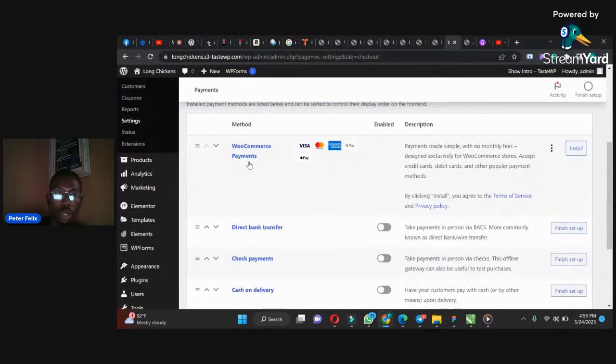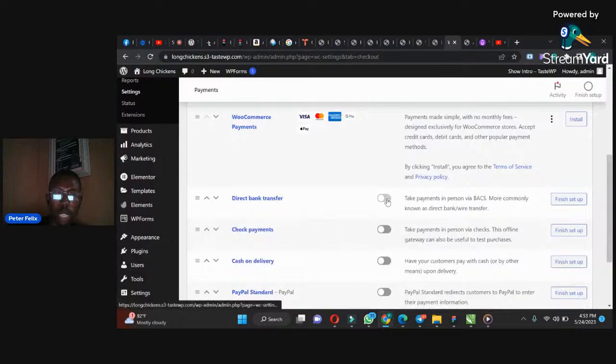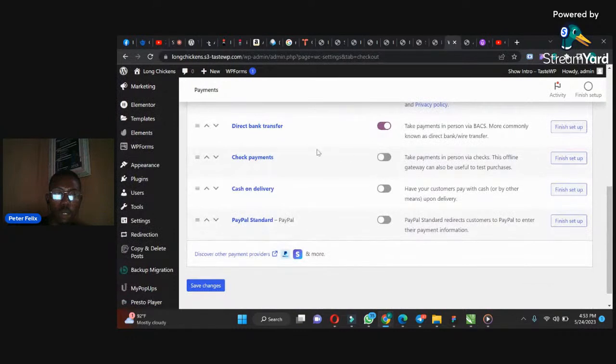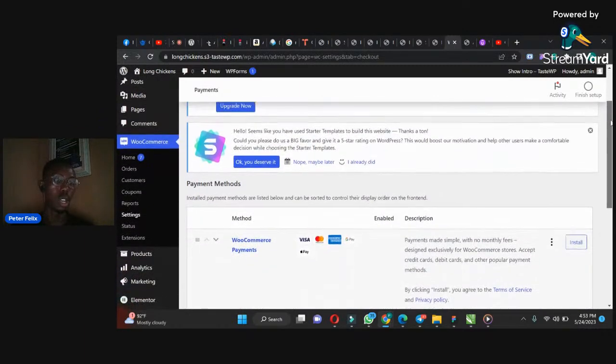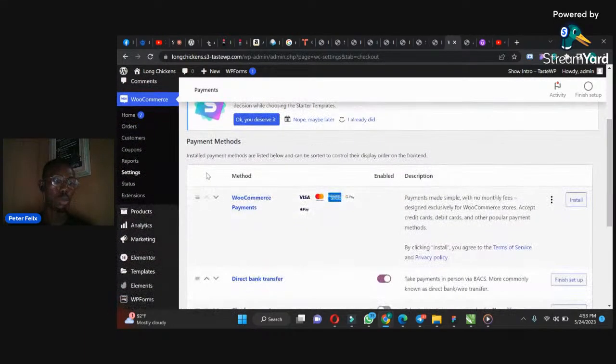If you want to use payment, direct bank transfer, you set it up, check payment and all that. So let's just go with this. You can use any of these, but if you want to know more about the payment gateway setting and all that, you can look at my video on WooCommerce on how to set up WooCommerce store payment gateway stuff. So let's add the products,